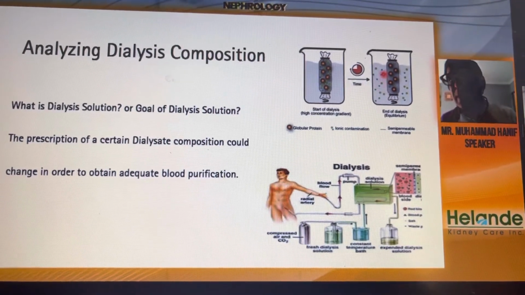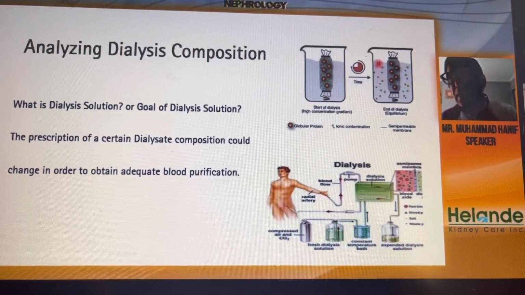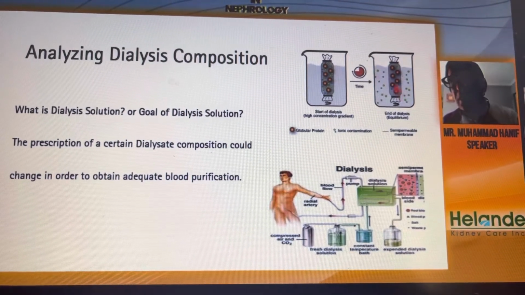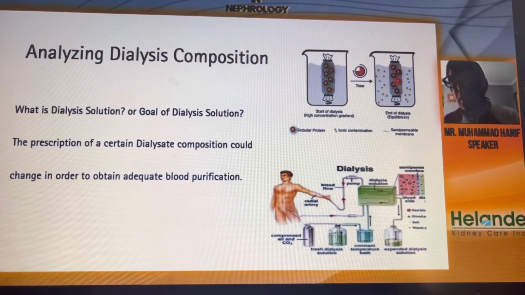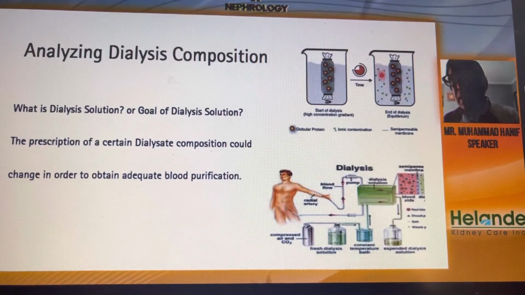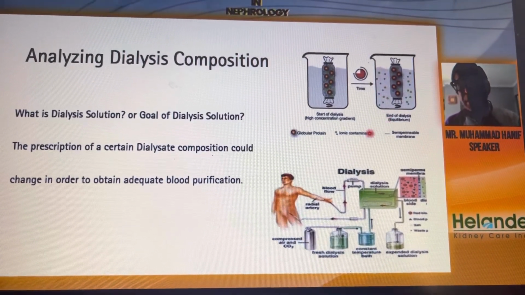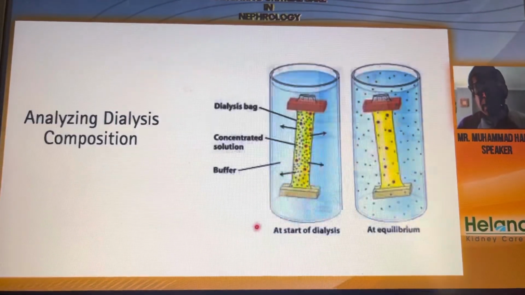Here you can see this part is the fluid side, and this part is the blood side. The blood which contains some toxins and electrolytes will be balanced, and that's why we call it equilibrium. I would like to share with you another